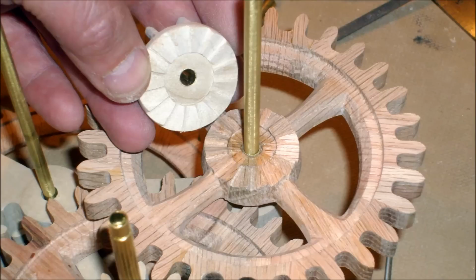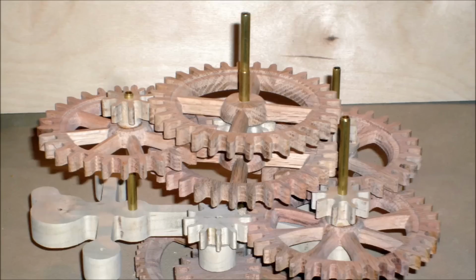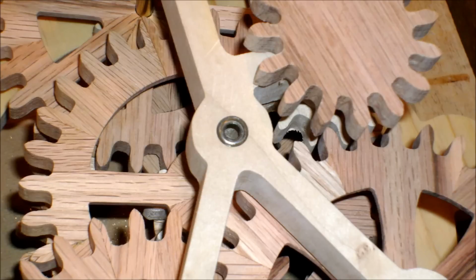Most of the parts were carved in best mode. Each of the 6 wheels required about 25 minutes of machine time. Brass tubing was used for shafts and bushings, but bearings were used for key parts such as the ratchet wheel and